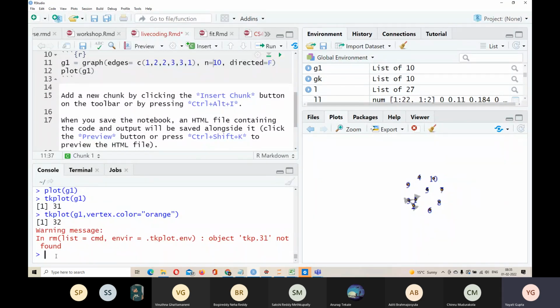If you want to see what this graph is all about, simply type G1 here and press enter. It tells you a number of things here. It tells you how many nodes there are, which is 10. Here you see some attributes of the graph. D here stands for directed. It means that it is a directed graph. There are certain other attributes which can tell you whether the graph is labeled or not, whether the graph is bipartite or not, and things like that. We'll see those with time. And here it tells you the edges in the graph.